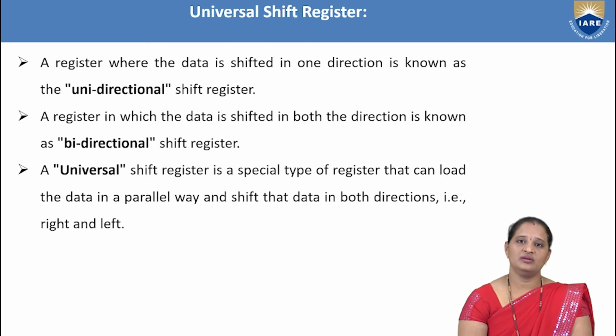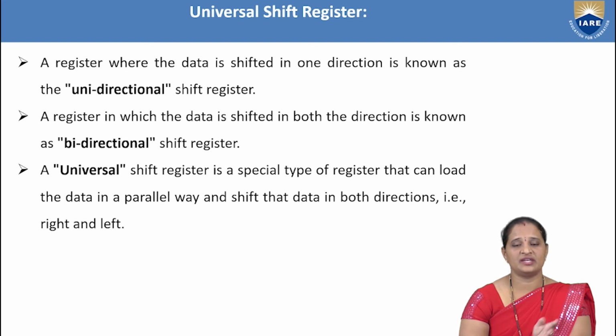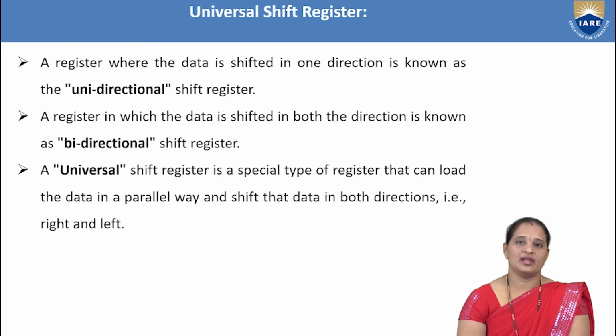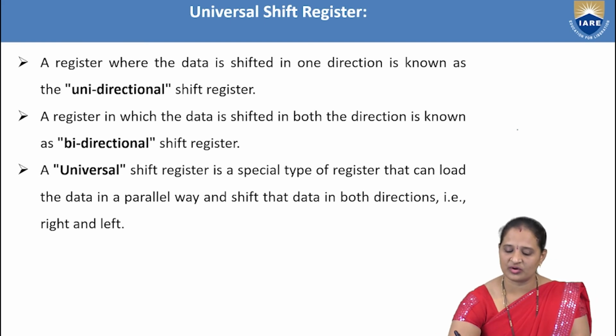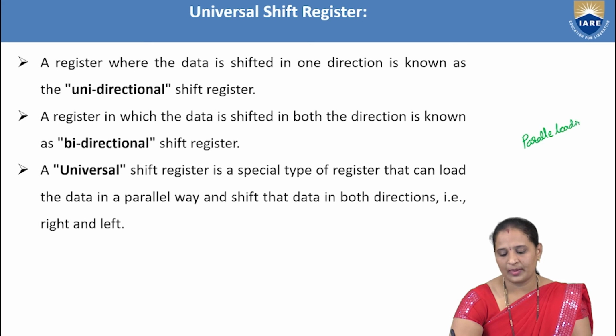What is this universal shift register? This is another type of shift register in which we can load the data in a parallel way and also shift the data in both directions, that is from left to right and right to left. Such a register is called a universal shift register. That means what we are doing in the universal shift register, we can perform parallel loading and also we can perform left shift,